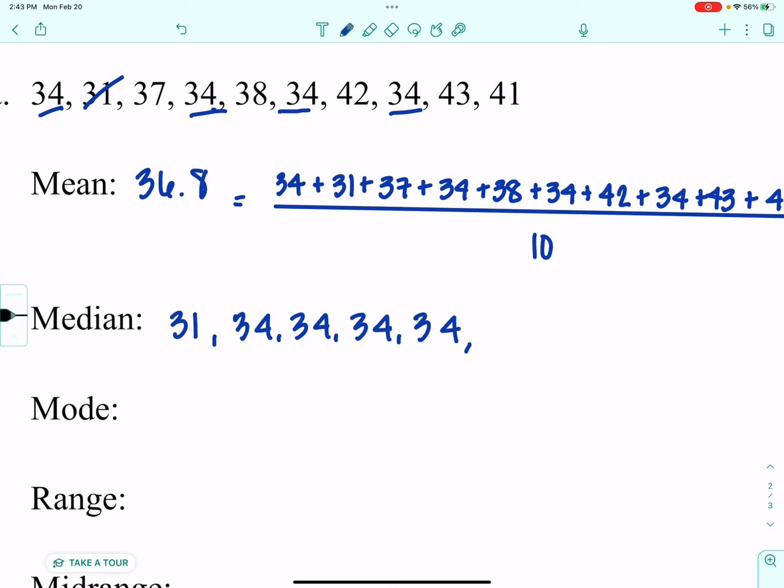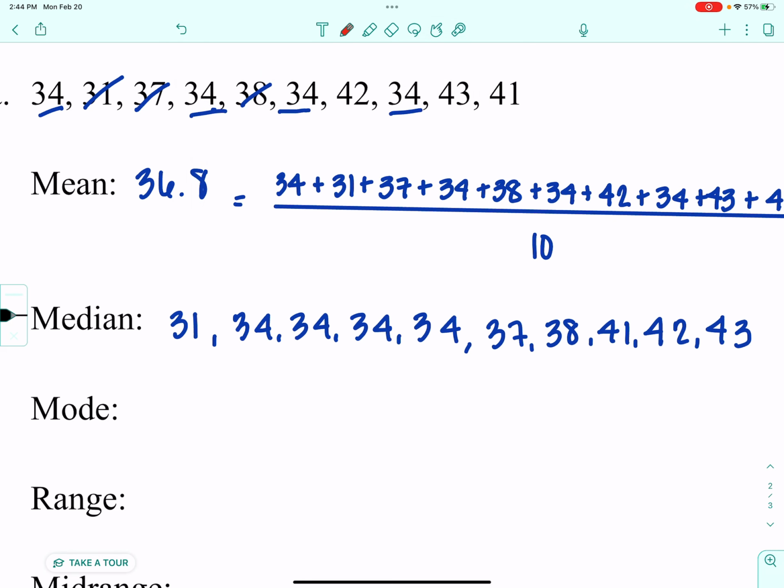And then a 37 and a 38 and a 41, 42, and 43. Now for finding the middle,